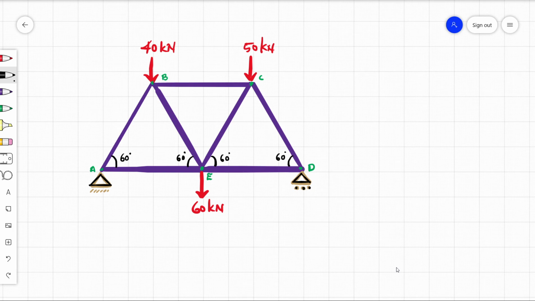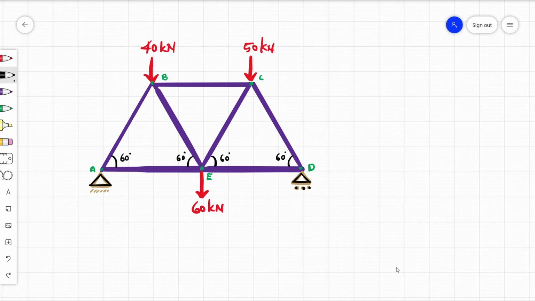So the basic numerical of the truss looks like this actually. They might ask you, determine the forces in all the members of the truss and indicate the magnitude and nature of the force on the diagram of the truss. Okay, they might ask you like this. So they ask us to find the nature of the force and magnitude of it in the web members, or the members in general.